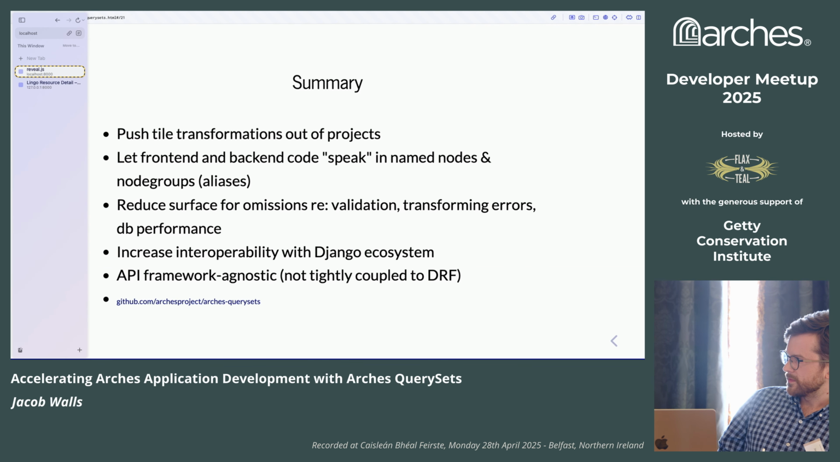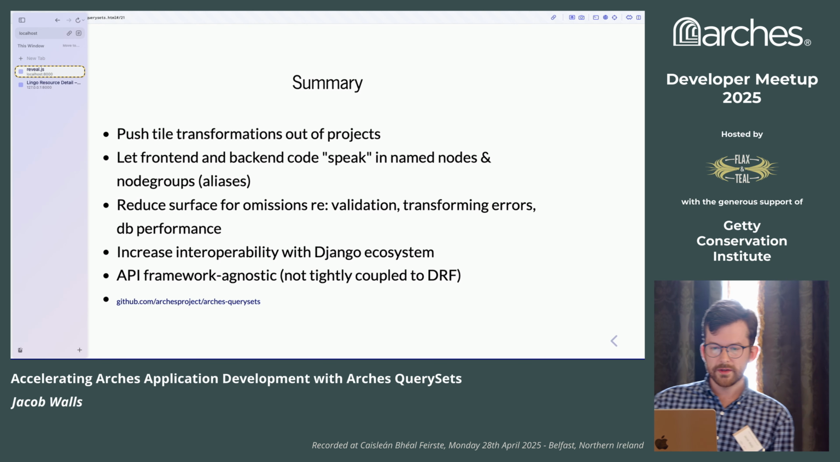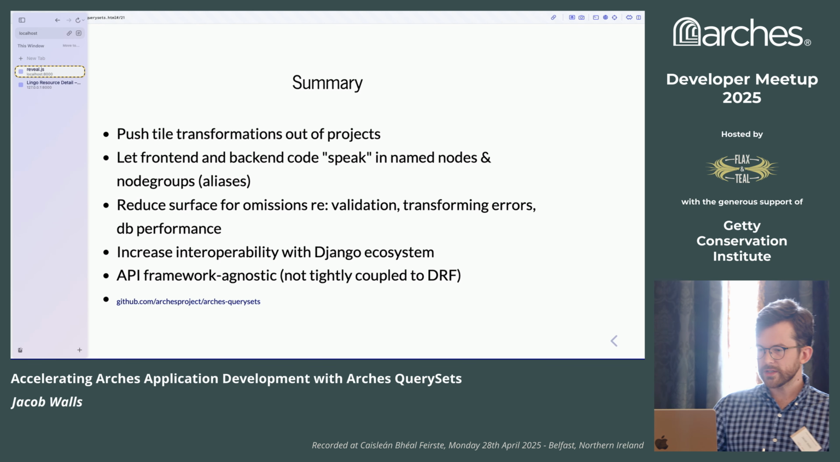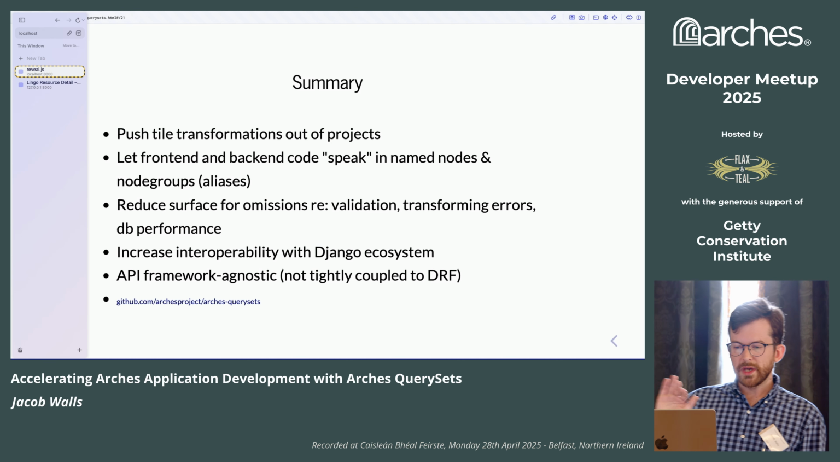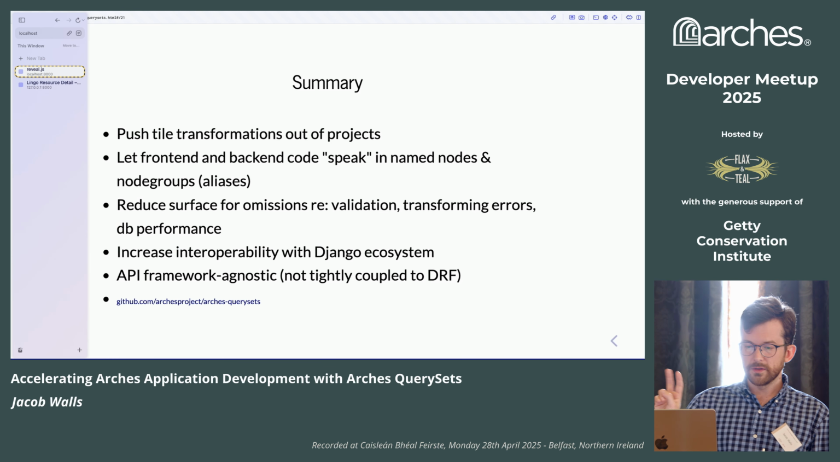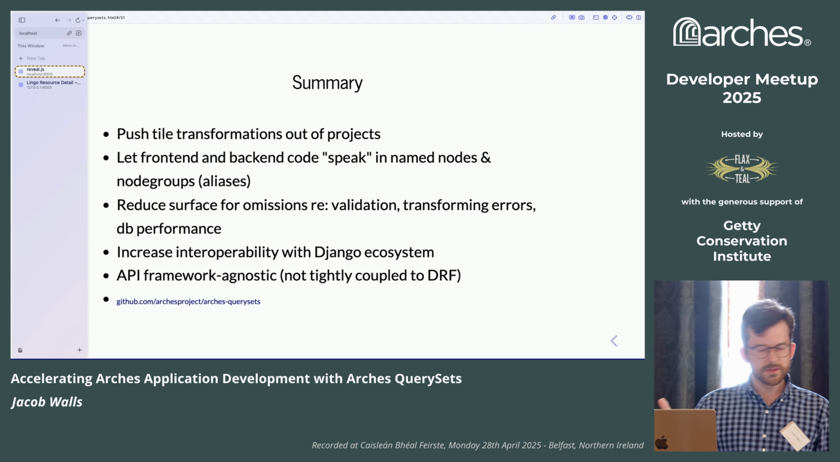So this is kind of what I've covered so far. The goal is to push tile transformations out of projects, to let both front-end and back-end code speak in named node and node group aliases. I could pause here and mention that that's what we're